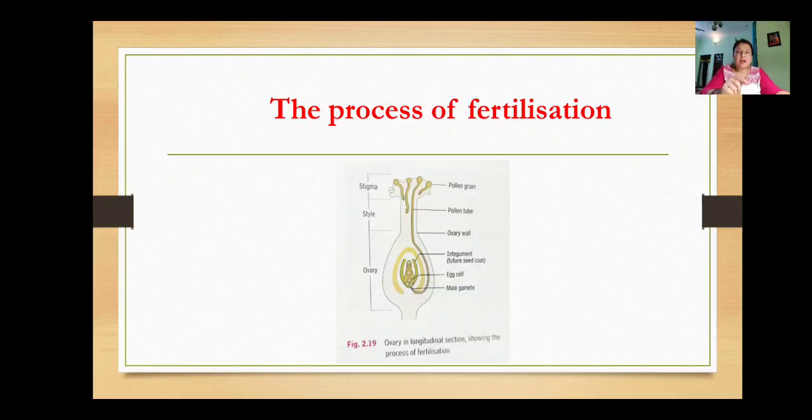Now you can see here how the pollen grains are landing on the stigma. You can see in the figure here, this is actually the structure of the gynoecium, no? The stigma, style and ovary. So the stigma is ready to receive the pollen grain. At a time many pollen grains fall on the stigma, but only the mature pollen grain extends, produces a pollen tube and then enters the ovary and releases the nucleus inside the ovary, and then the fusion of the male and the female nuclei takes place, okay. So we'll study more in detail in the coming classes, or in higher classes you will study, okay. Now next.